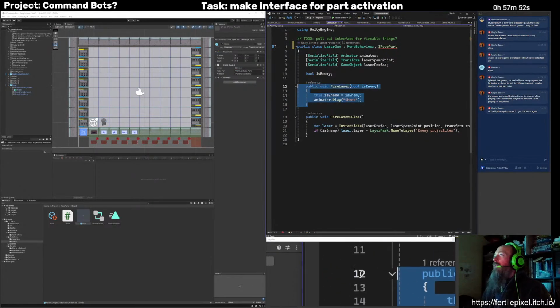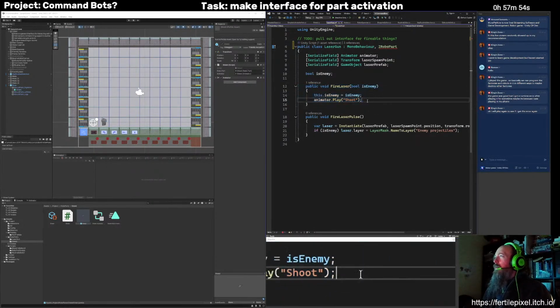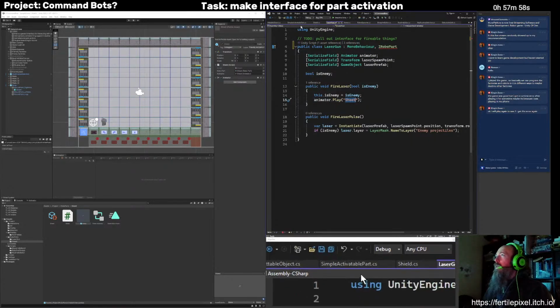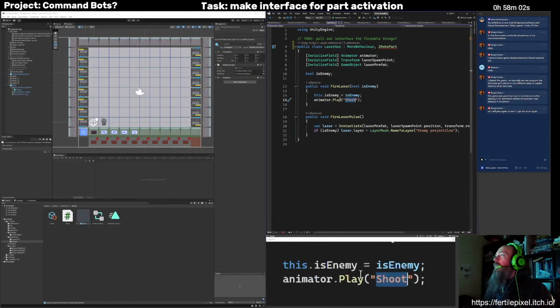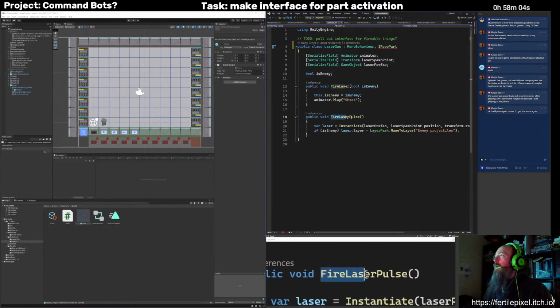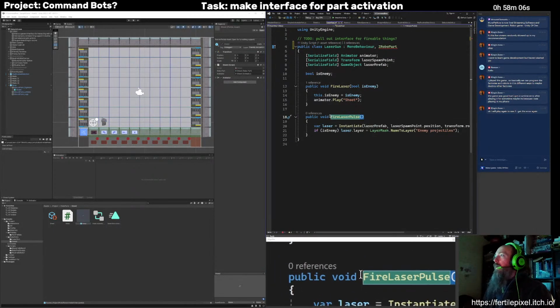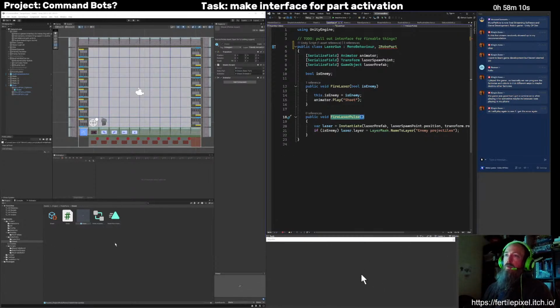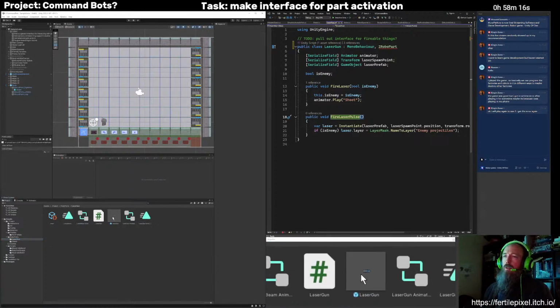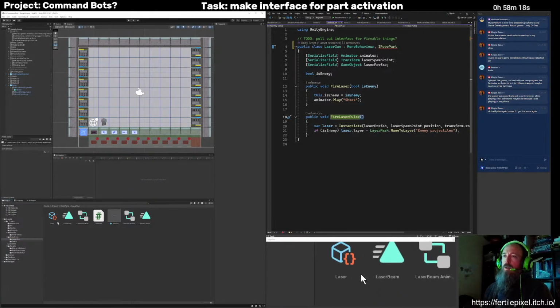Because when it gets activated, this would be activate. I just need to rename that shoot animation to be called activate. And then that its particular animation would just need to call this here, which is what it already does. So if I just go to this laser gun here